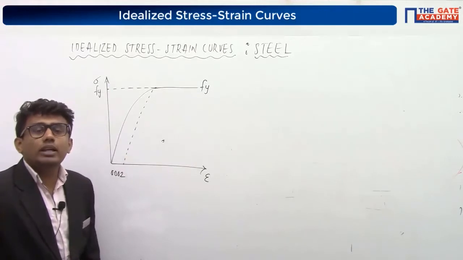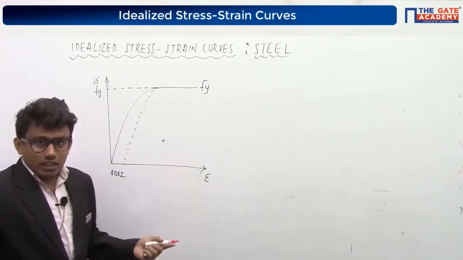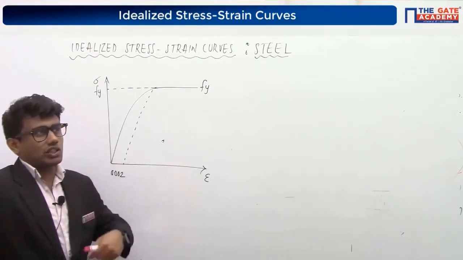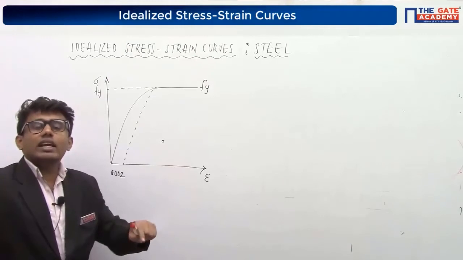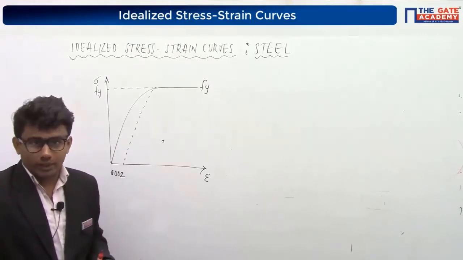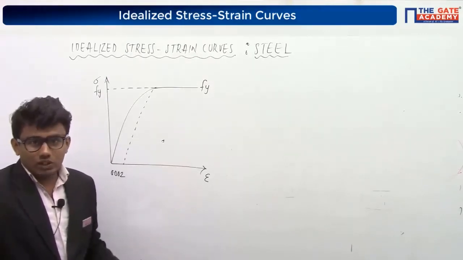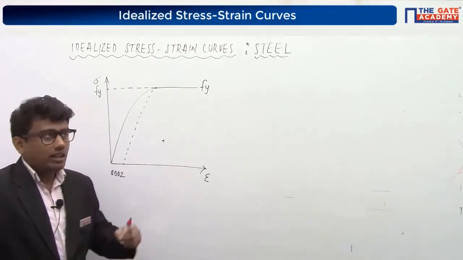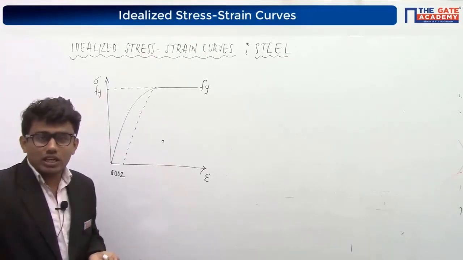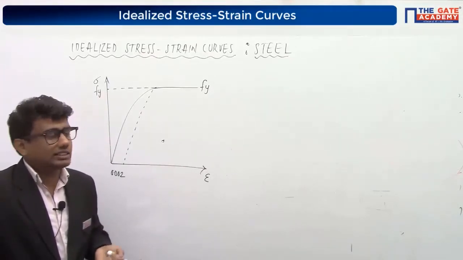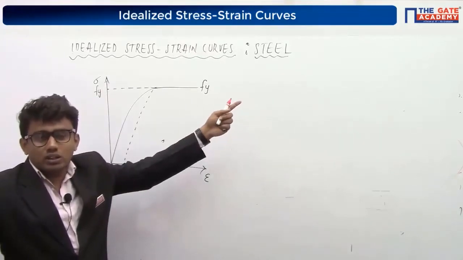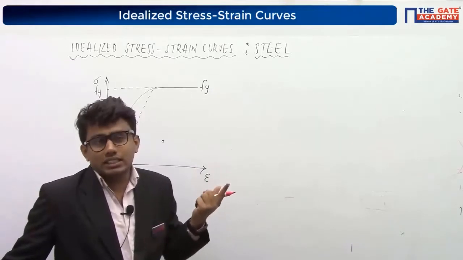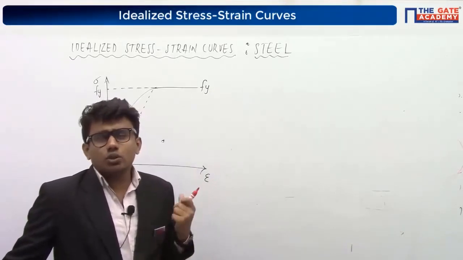Yes, it is 1.15. See, steel is actually a homogeneous material. Steel as it is, or steel in concrete, or steel in a structure, everywhere it will have the yield value Fy. So here we don't have to reduce the yield strength value. If I am taking the steel bar, here it is Fy, and in the structure also it will have a stress value of Fy. So you don't have to consider it just like we did in concrete, where you reduced the strength value. The compressive strength of the cube is FCK, and for the structure I have considered it as 0.67 FCK. Here we don't have to do anything like that.